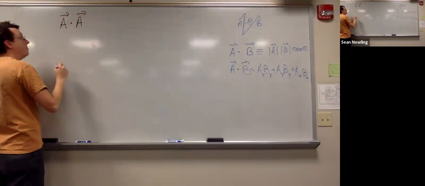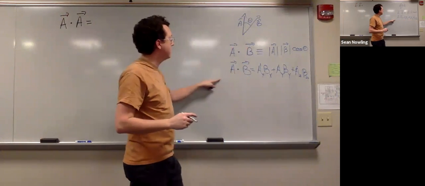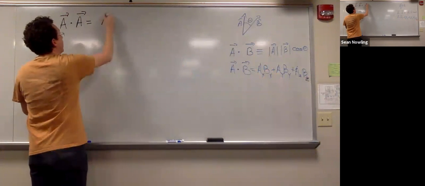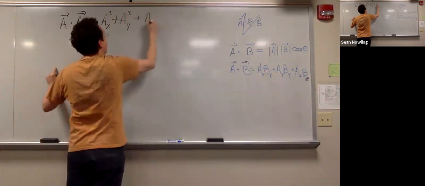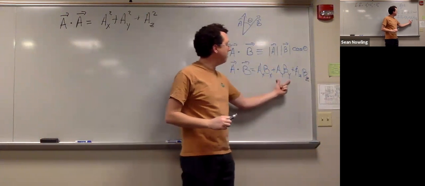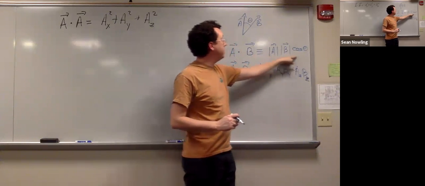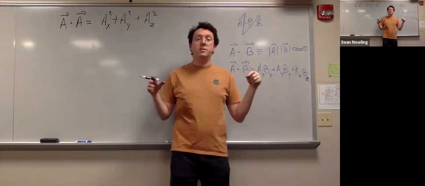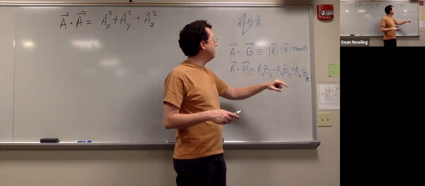That's right. In fact, if you take the dot product of any vector with itself, from this side, that simply equals ax squared plus ay squared plus az squared. Any vector dotted with itself would be ax squared plus ay squared plus az squared. Or using the other definition, what would be the angle between a vector and itself? 0. Cosine of 0 is 1. So a dot a equals magnitude of a